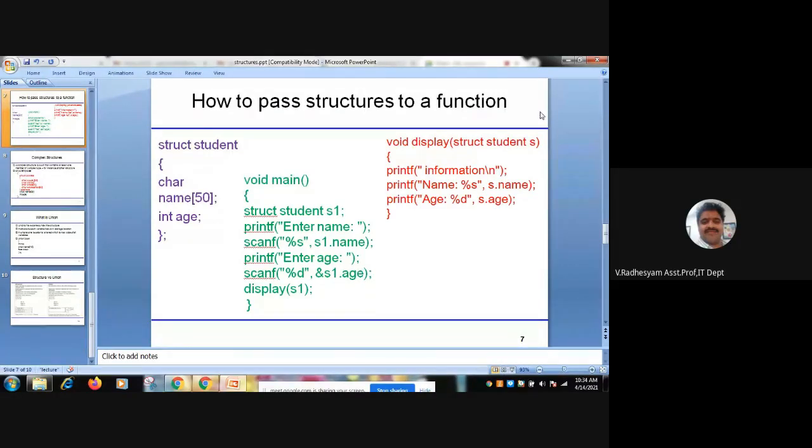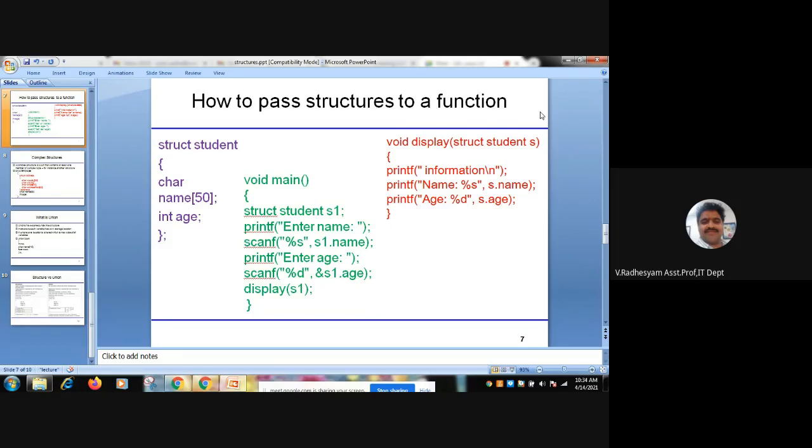What is the array name we took yesterday? Okay.